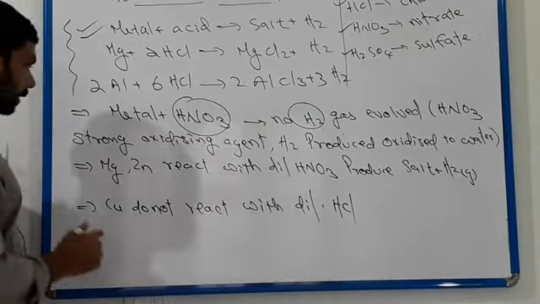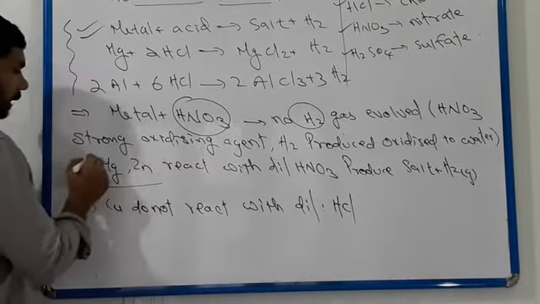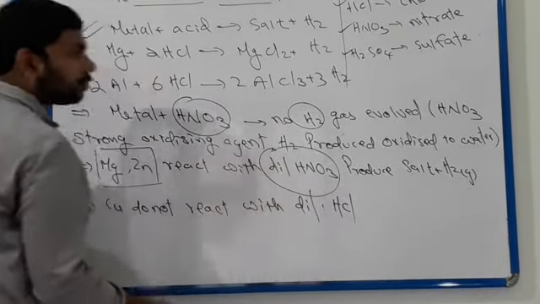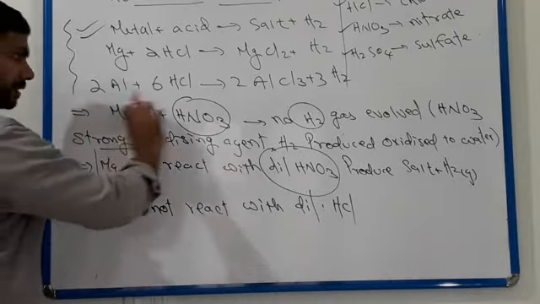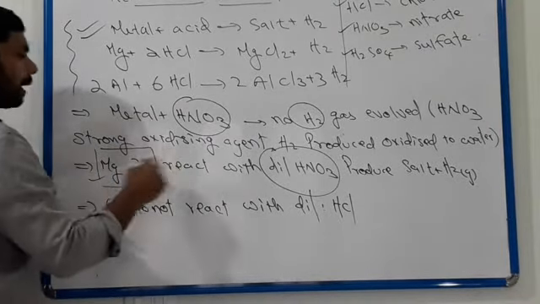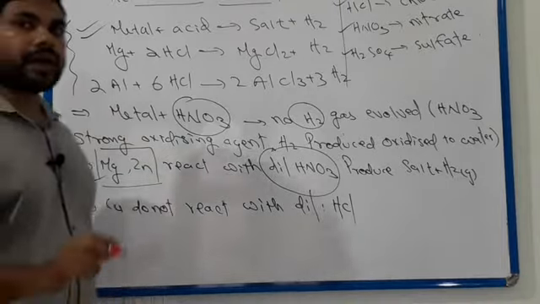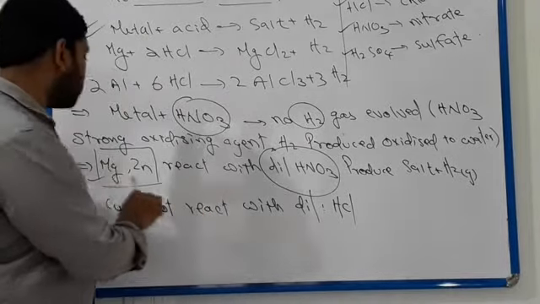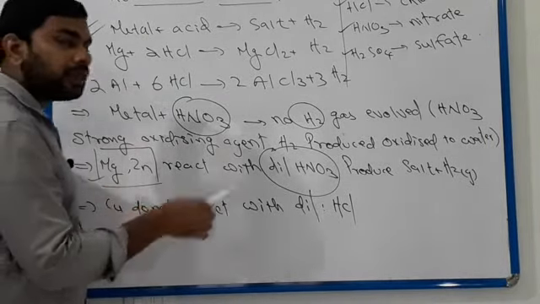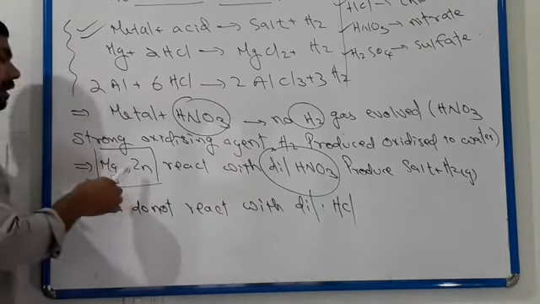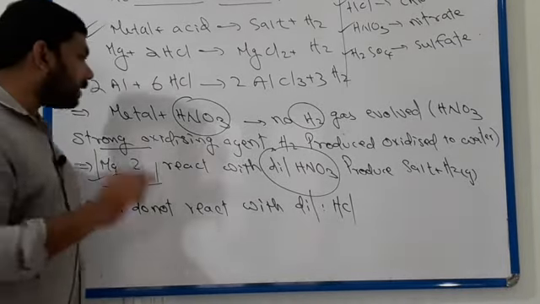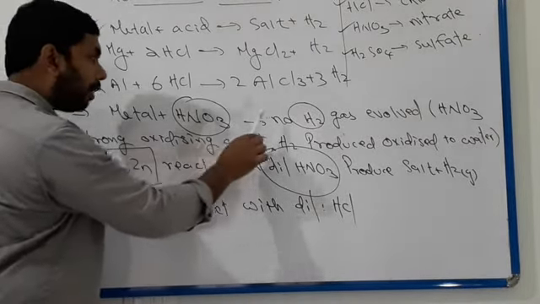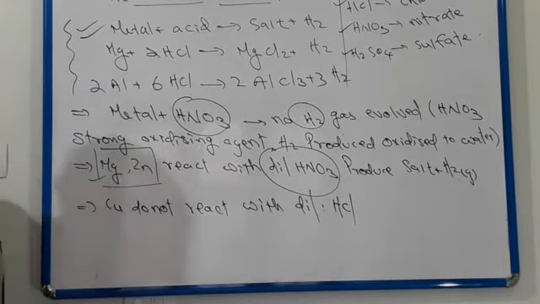Also there is one exception case, magnesium and zinc. Magnesium and zinc react with dilute nitric acid and form hydrogen gas. Except for magnesium and zinc, metals reacting with dilute nitric acid produce salt. Here magnesium reacted with nitric acid gives magnesium nitrate, and there will be hydrogen gas. Zinc reacted with nitric acid gives zinc nitrate and hydrogen gas. So no hydrogen gas is formed except with magnesium and zinc.